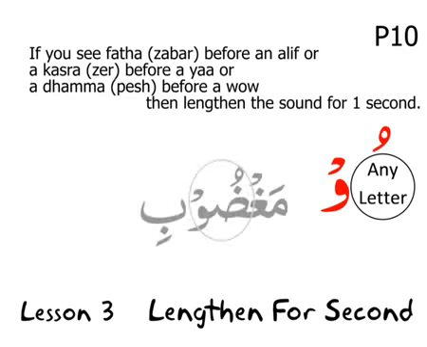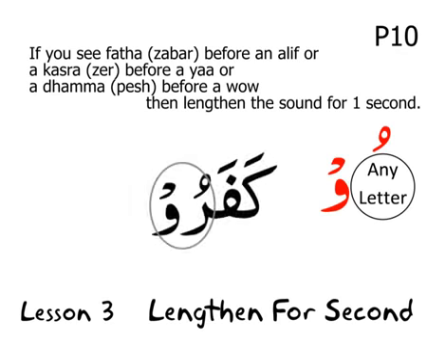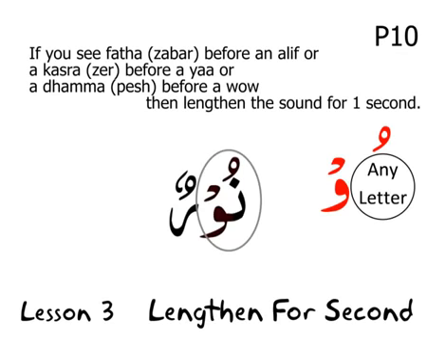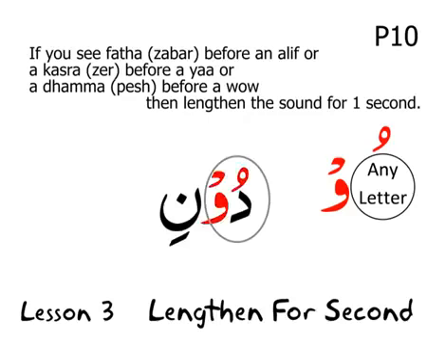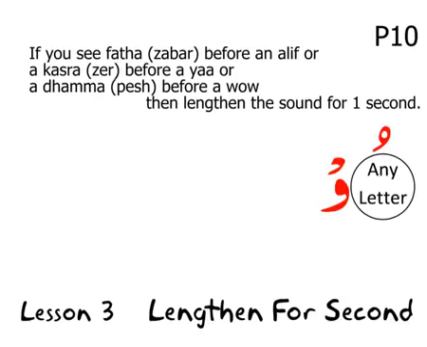Next 8 examples are maghdubi, yunfiqun, kafaru qalu nur, amanu dun, ya'lamun. I hope from all these examples you've understood that if there's an alif and the letter before, there's a